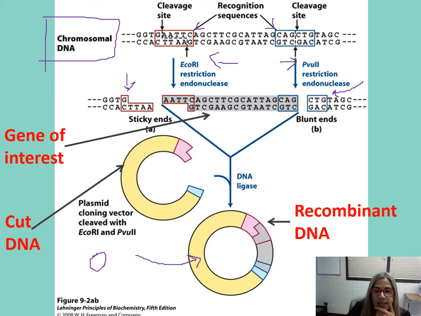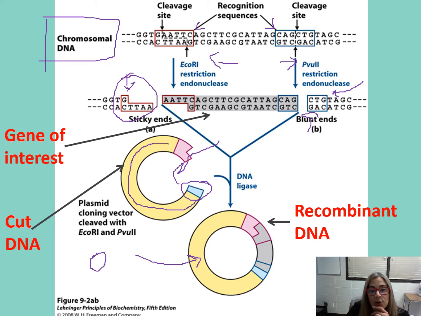And then what they do is they add the same restriction enzymes to our little plasmid. So then we end up getting a sticky end for our first cutout piece of DNA to attach to, and we end up getting a blunt end for our second piece of desired DNA to bind to. So the same restriction enzymes are added to the plasmid as to the original chromosomal DNA